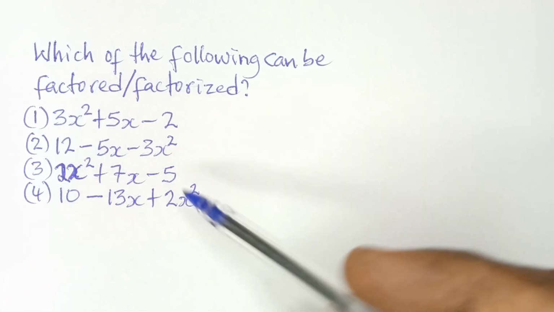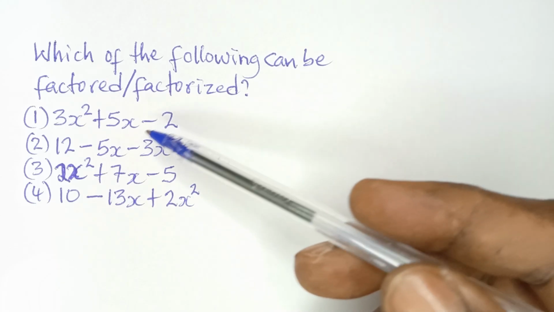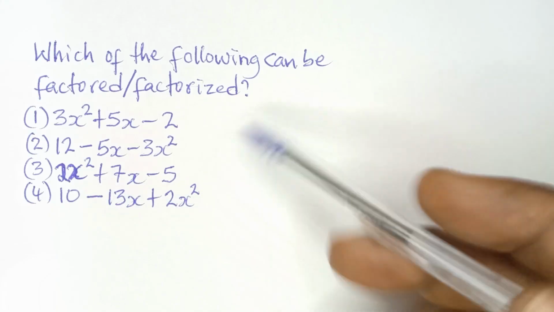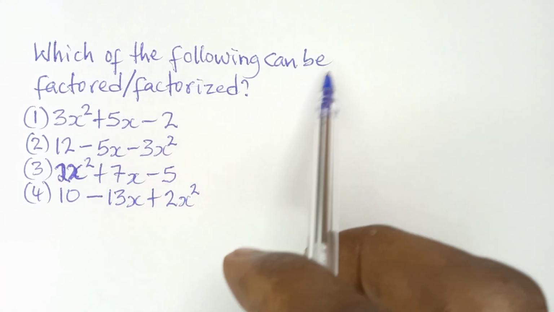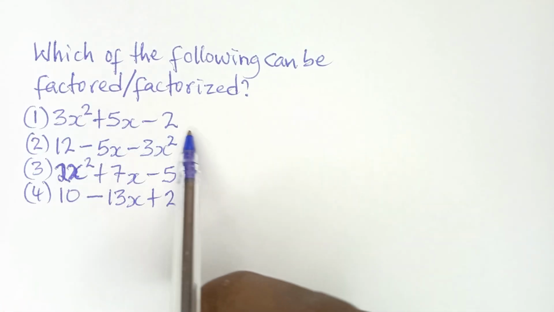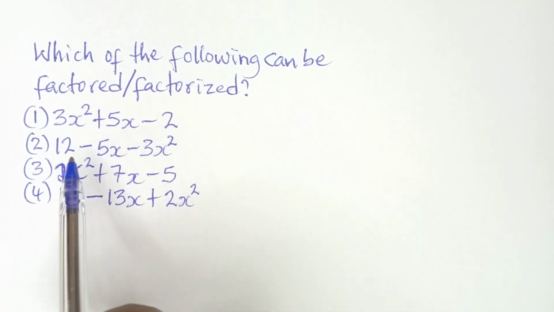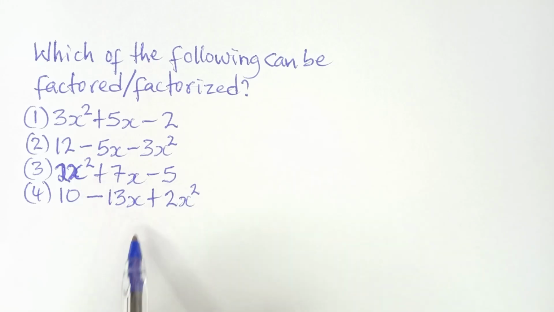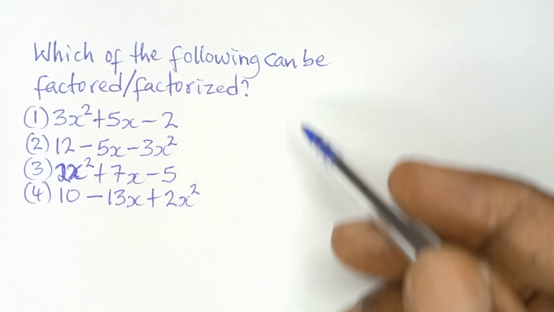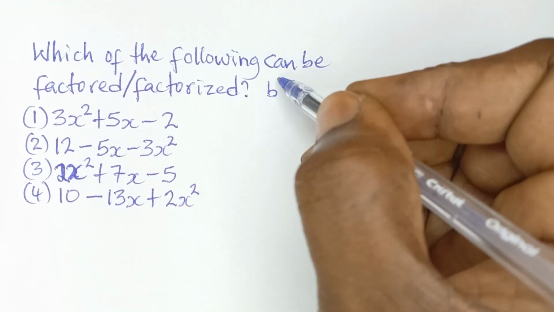I have a question here on how to identify if a quadratic expression can be factored or not. The question says, which of the following can be factored or factorized? So if you see a quadratic equation, how do you know if it can be factored perfectly? Now, the rule to apply there is to identify b squared